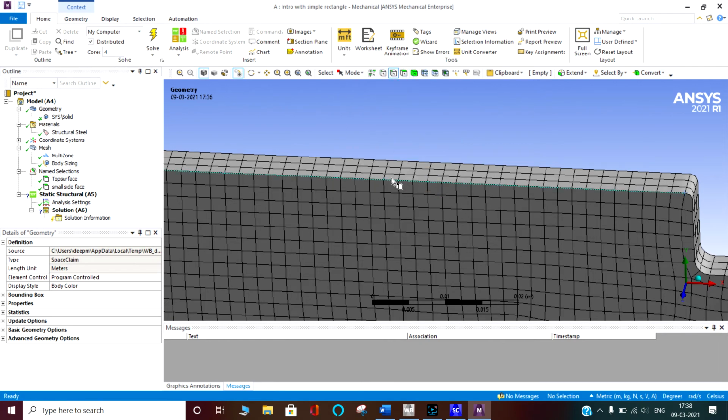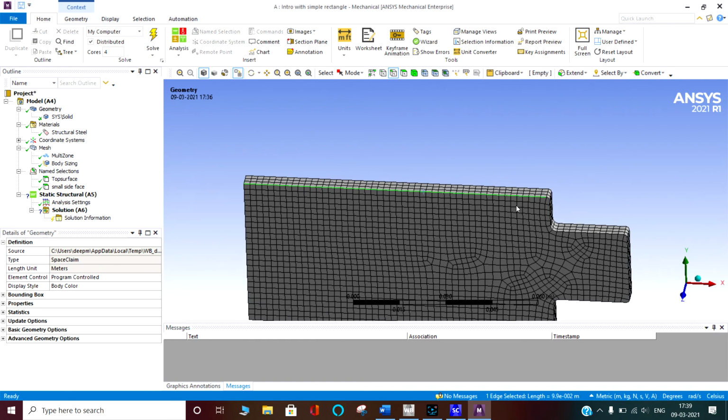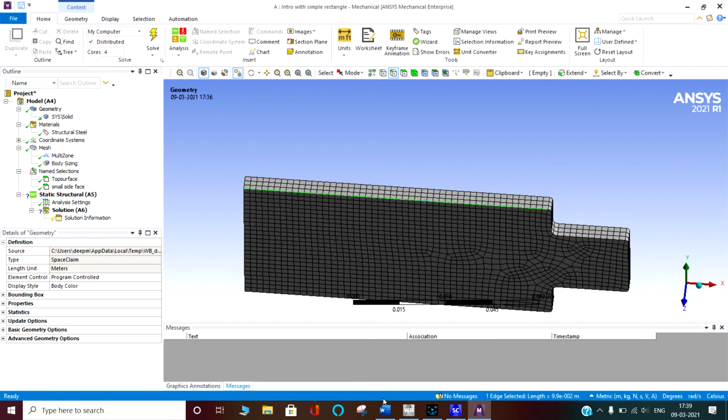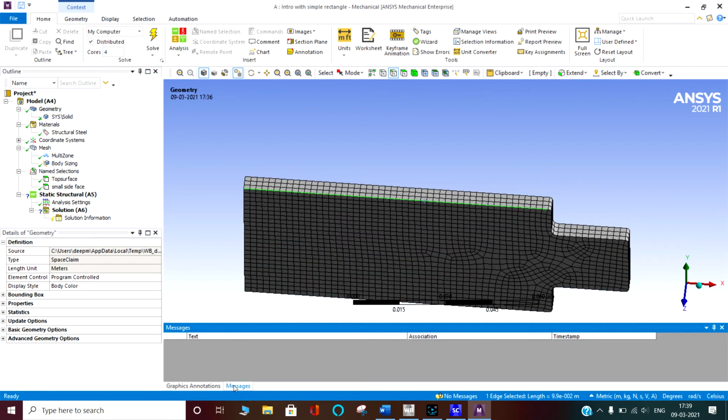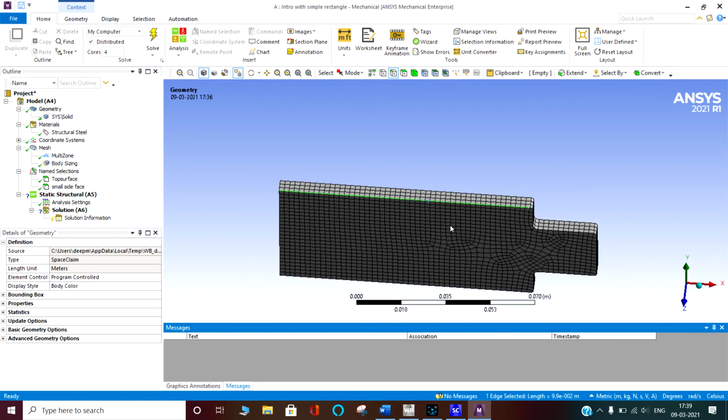I would like to show you this edge. When you click the edge, you can see the dimension of this edge in the status bar, this blue status bar. Do you know what dimension I have actually taken? I have taken 100 mm. But why is it showing 9.9? Because I have given a fillet radius here, so its dimension has changed. Like this you can see many things. This is the status bar. This is a message area. Whenever any message is displayed, if any error is there.